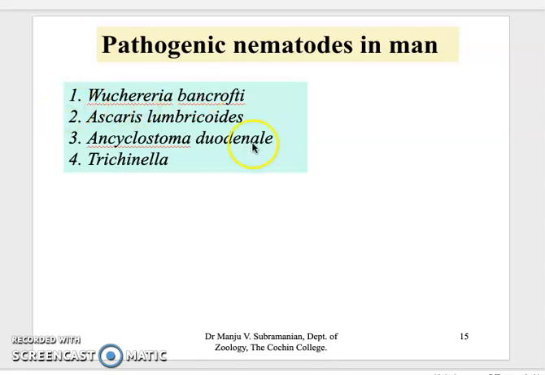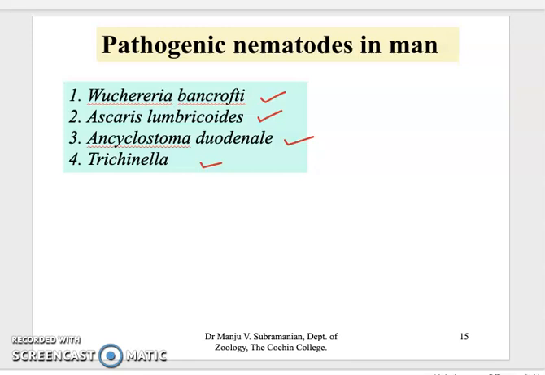The first pathogenic nematode that you have to study is Wuchereria bancrofti. The second is Ascaris lumbricoides. Then there is Ancylostoma duodenale. Then the last one is Trichinella spiralis, which we have finished just now. So these are the 4 different nematode worms that you have to study as a general essay topic, which comes